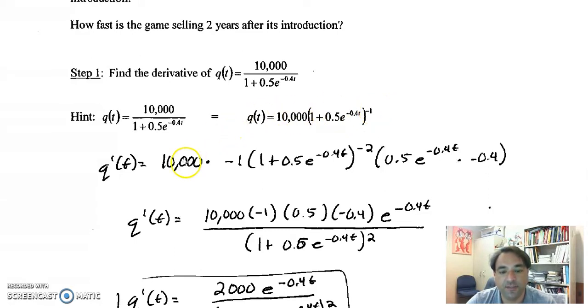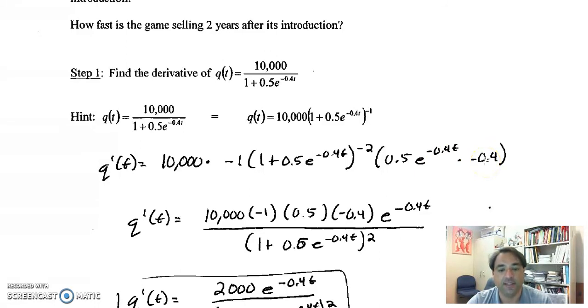So the 10,000 stays in front, and let's do chain rule. The negative 1 goes in front. Inside stays the same, 1 plus 0.5 e to the negative 0.4 t, raised to the power of negative 1 minus 1. Minus 1 gives you negative 2, times the derivative of the inside. Now to take the derivative of the inside, the derivative of 1 is 0. And then to take the derivative of 0.5 e to the negative 0.4 t, we need that special case. So the number in front, 0.5, stays in front. The derivative of e to the negative 0.4 t, remember your special case. Step 1, rewrite it, e to the negative 0.4 t